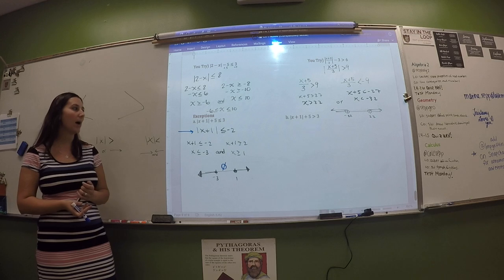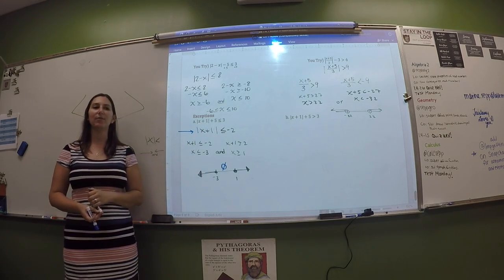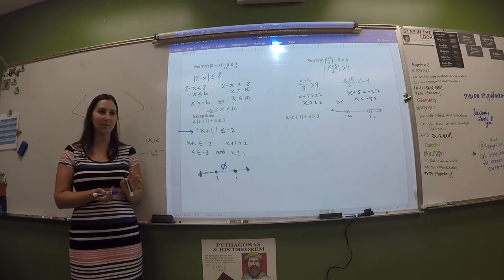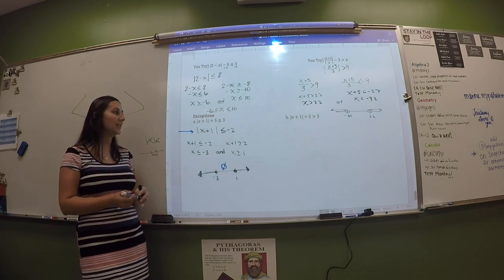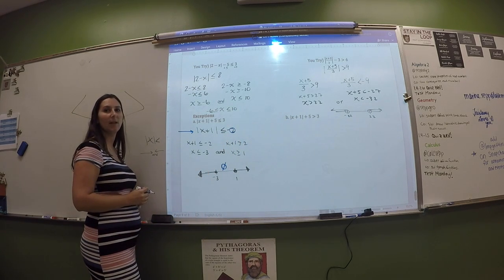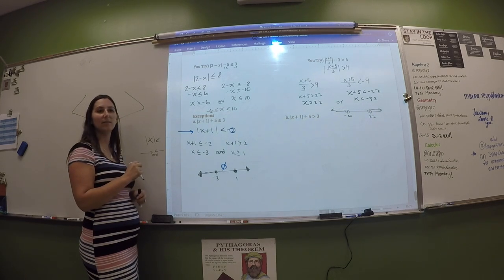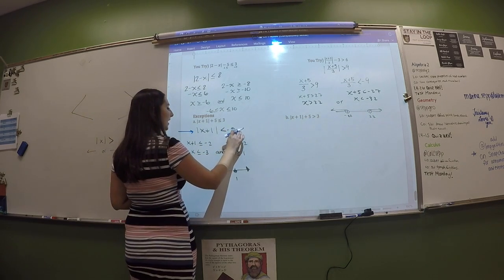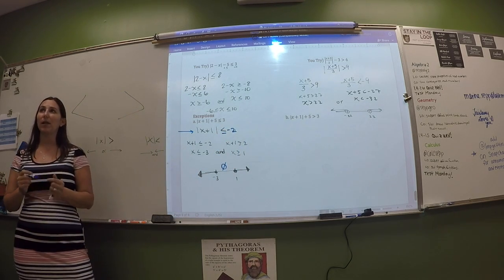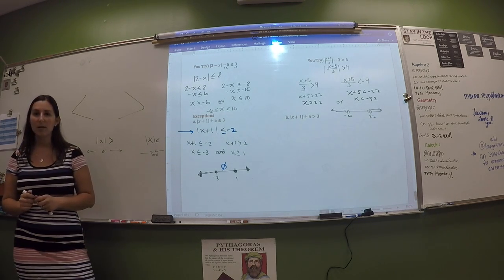There's nothing I could possibly plug in for x where this absolute value is going to be less than a negative, because no absolute values are less than negative numbers, because none of them are even negative to start with. At the very least, you would have to have a 0 here. Now if it's a 0 and there's no or equal to, I can't even have that. That's bad. Let me guess. The next one's all real numbers. So at the very least, it has to be either less than or equal to 0, or it has to be something bigger than 0 over there. Now if it's greater than,